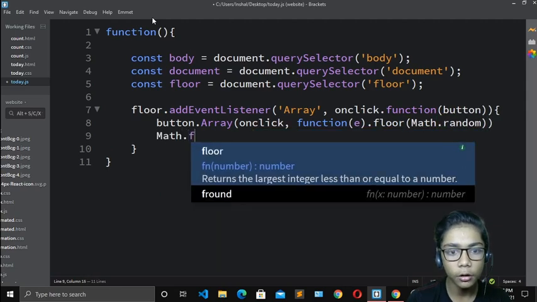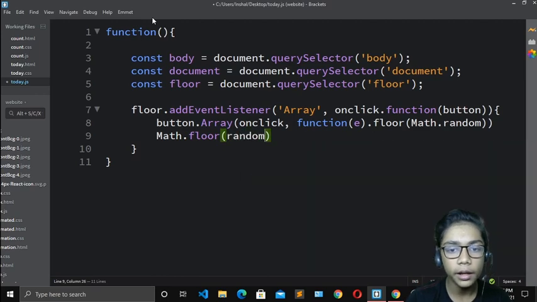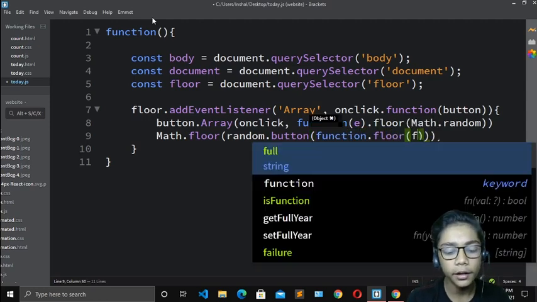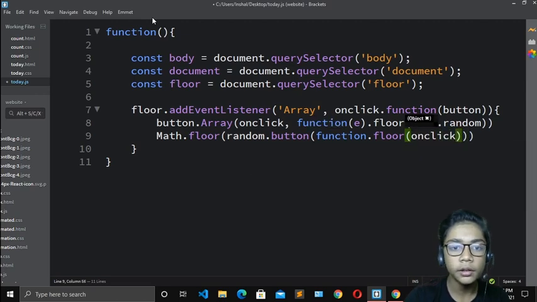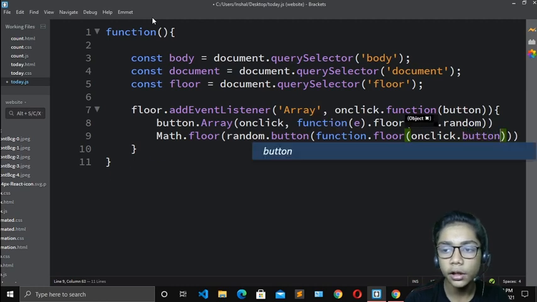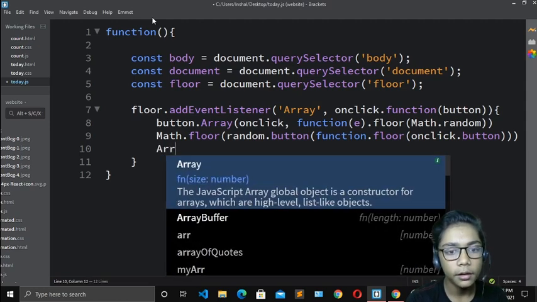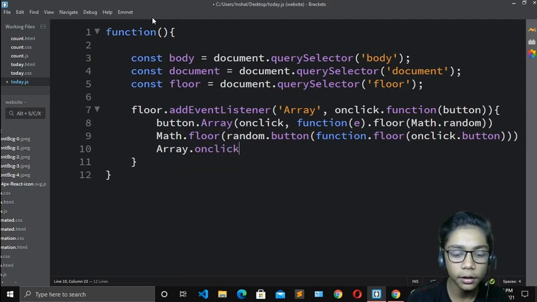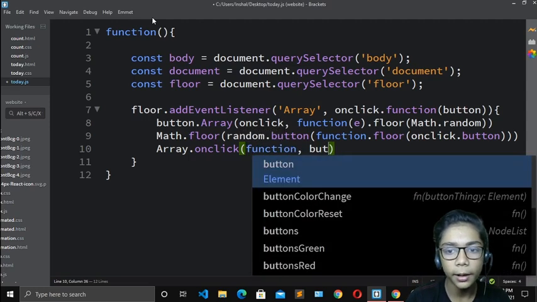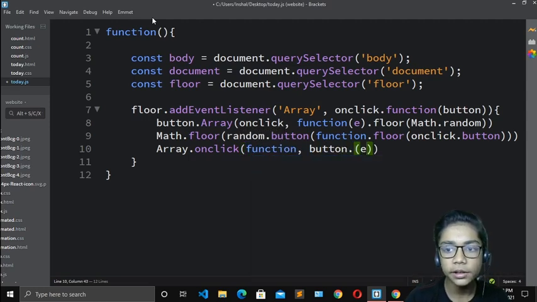Write Math.floor and random over here, and write button, and in that I will write function floor, and again write on click function. Now write button again, then addEventListener, on click function, comma, button, e, and random floor.